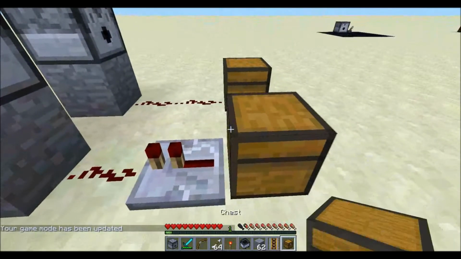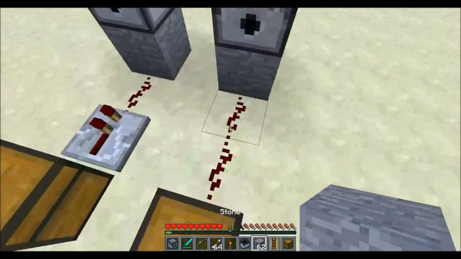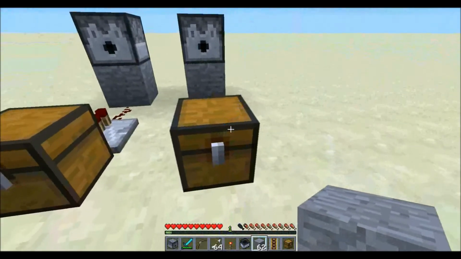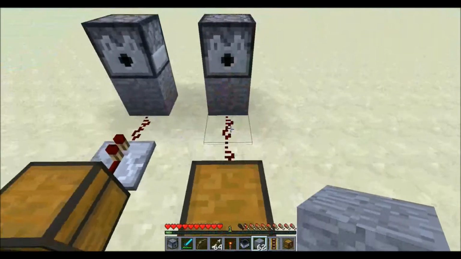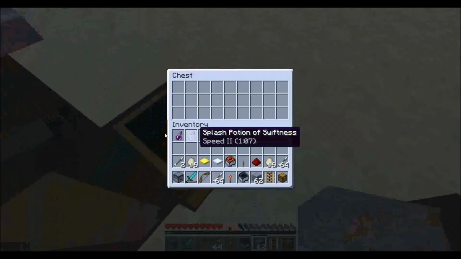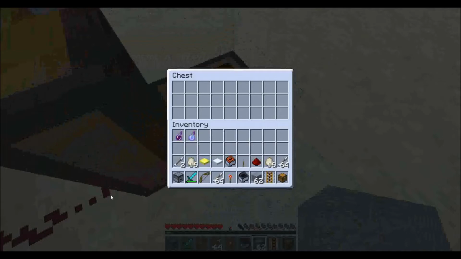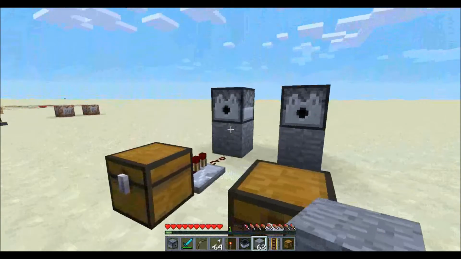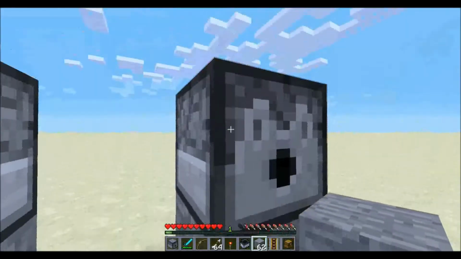So if I didn't have this repeater here, it wouldn't work, because this is only going to power 1, since this is a single player world and I'm the only one in it. So it won't work, because right here is only being powered. So maybe you can see it right there. You can see it over to the corner right here that it's being powered, but only 1. So if you have 2 people, it would be powering this, which would power this, which would shoot the arrow